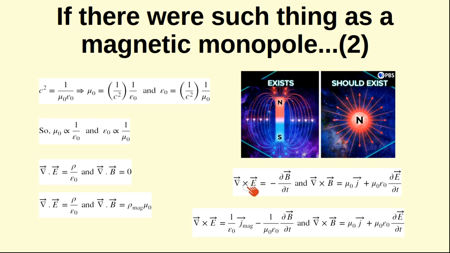Similarly, you have the curl of the E field, which is minus dB by dt, and then the curl of the B field, which is all this. Then if there were such a thing, of course, you'd have the reciprocal of this. So you have 1 over epsilon naught instead of mu naught J mag, and then probably a minus sign, 1 over mu naught epsilon naught dB by dt, because you've got the minus sign here, and then you have that factor in front of the time, and then that one would